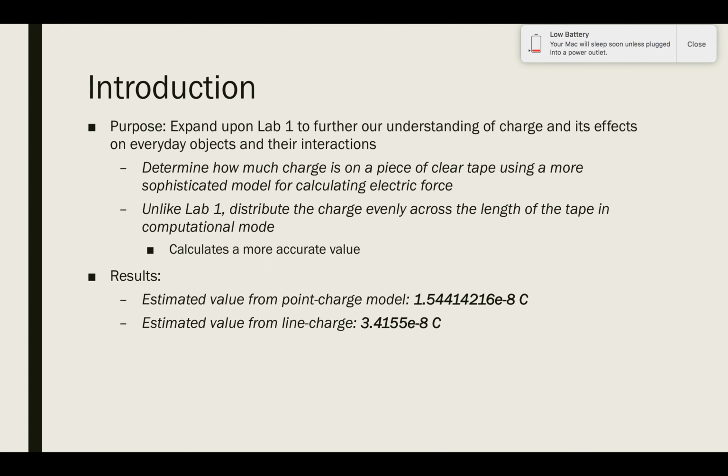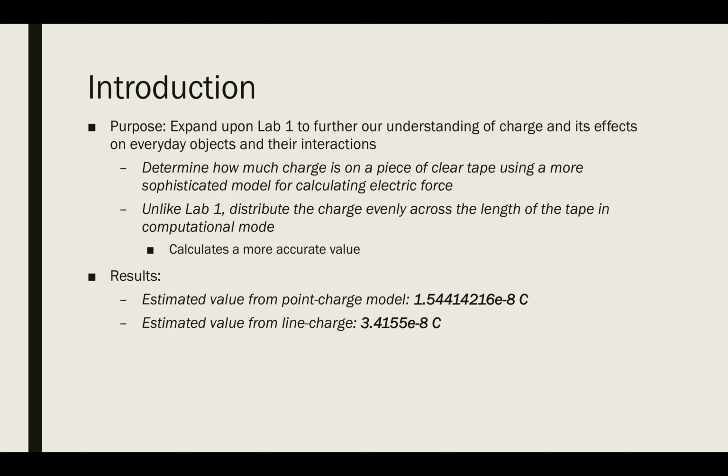The purpose of this lab was to expand upon what we learned in Lab 1 to further our understanding of charge and its effects on everyday objects and their interactions. Recall that in Lab 1, we determined how much excess charge was present on one piece of charge tape. We made a few simplifying assumptions, one being that we treated the tape as a single point charge. In this lab, we'll be removing that assumption and distributing the charge evenly across the length of the tape in our model. So that's going to be a more sophisticated model and calculate a more accurate value for the charge